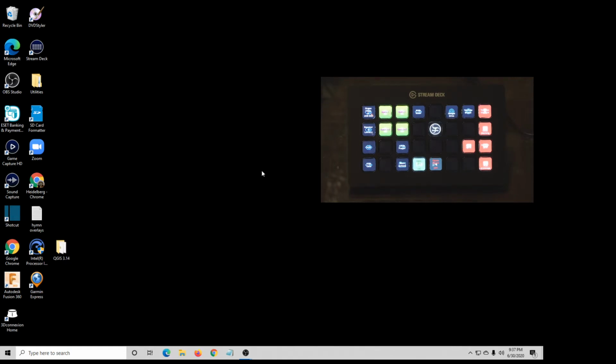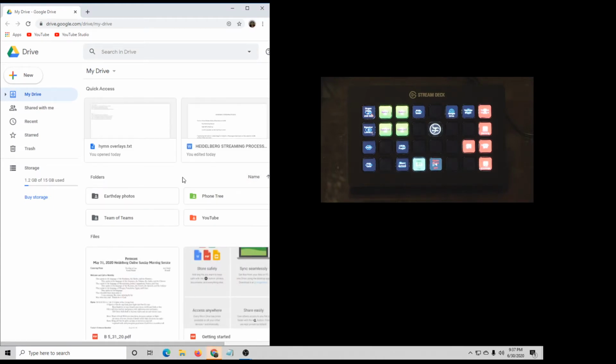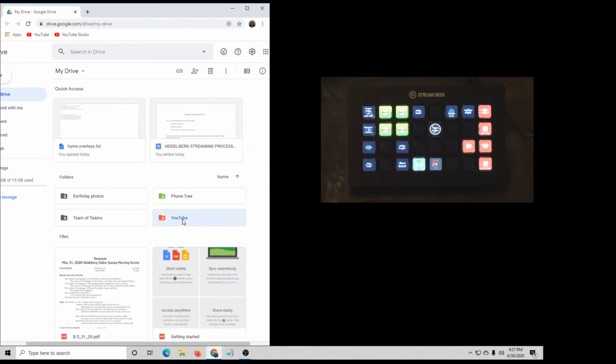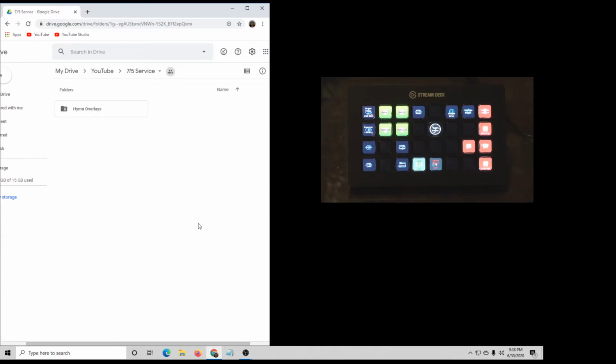So I have nothing here on the screen. The first thing I'm going to do is press this button right here called Google Drive. As I push that, it opens up Google Drive, and now I'm going to navigate to YouTube, and now I'm in the YouTube folder here. You can see My Drive, YouTube, 7.5 Service, because that's going to be the next one we deal with. We open that up, and there's a folder called Hymn Overlays. I'm going to double click on that, and look at that, we have a Hymn Overlays